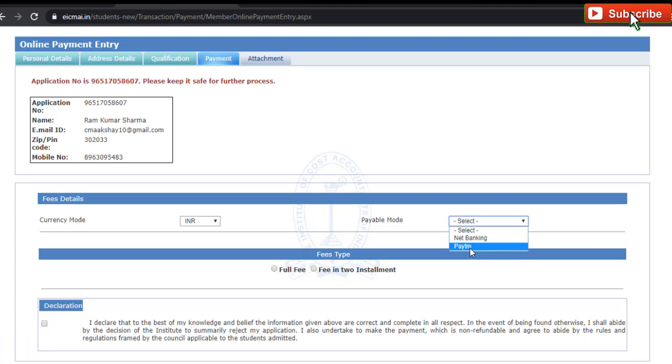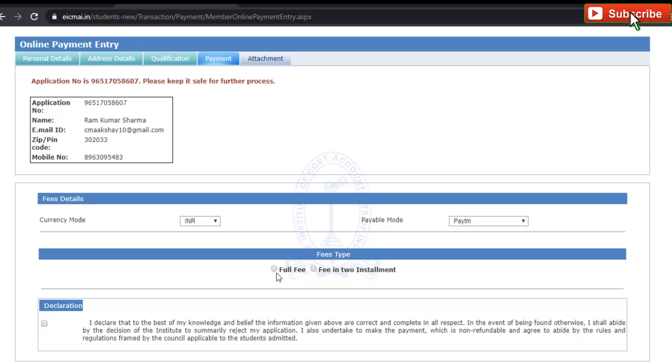Paytm is just a mode which is connecting; it's the facility. It doesn't mean you have to pay from your Paytm wallet. You can pay from any bank's debit card. You may select ICICI, SBI, Bank of Baroda, Punjab National Bank, whatever bank in which you have an account.